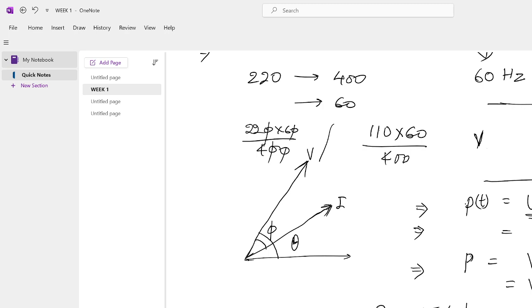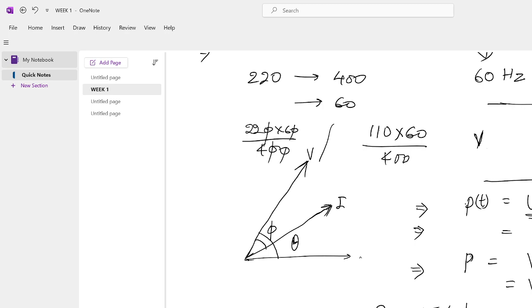Clear? Yes, sir. So with any arbitrary phasor, we are able to get power as V I angle phi. When you decompose this, it can be written in the form of cos phi plus j sin phi. When you multiply V I cos phi, this will become your real power, and V I sin phi will become your imaginary, reactive power. This is real, this is reactive, and when both are together we get complex power,